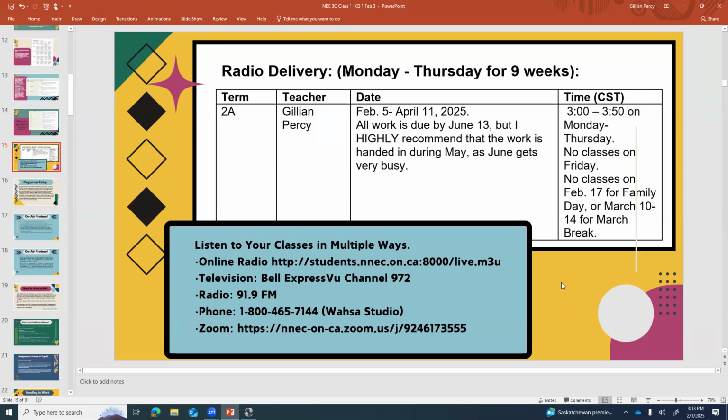All right, so we have just started term 2A starting today. And this course will always be at 3 o'clock and it will run to 3:50 from Monday to Thursday. There are never any classes on Friday. February 17th is Family Day, so there's no classes then. There's also no classes during March break, which is March 10th to March